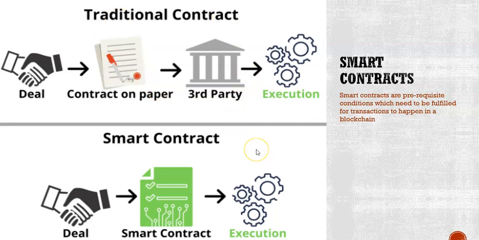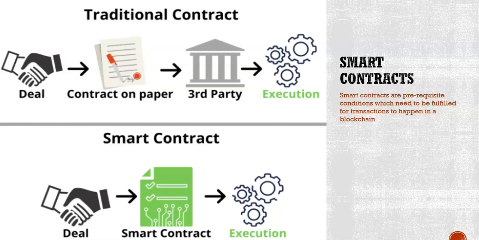What is a smart contract? A smart contract is where you take away the third party. The main idea of a decentralized system is that you should not have any third party at all. So why do you want to have a contract written on paper and handed over to a third party, and we have to believe that this third party will do justice or will work properly? But in the case of blockchain, we don't want this contract to be handed over to any third party. The contract can run on its own.